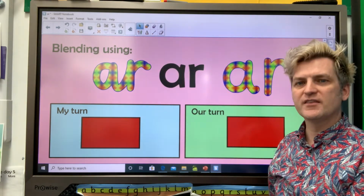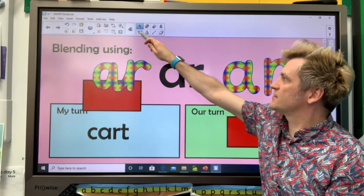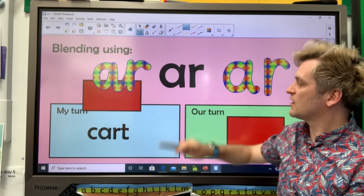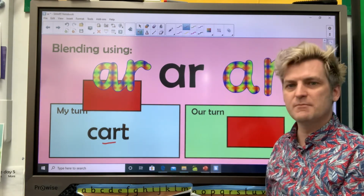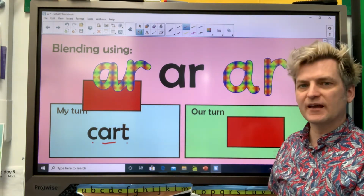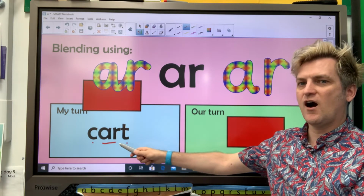Let's have a look. This is my turn first, and I'm going to blend this. Here we go. Let me change back to my normal pen. Here we are. I can see the AR in the middle there. I've got my phonemes at the beginning and the end. Here we go. Art,